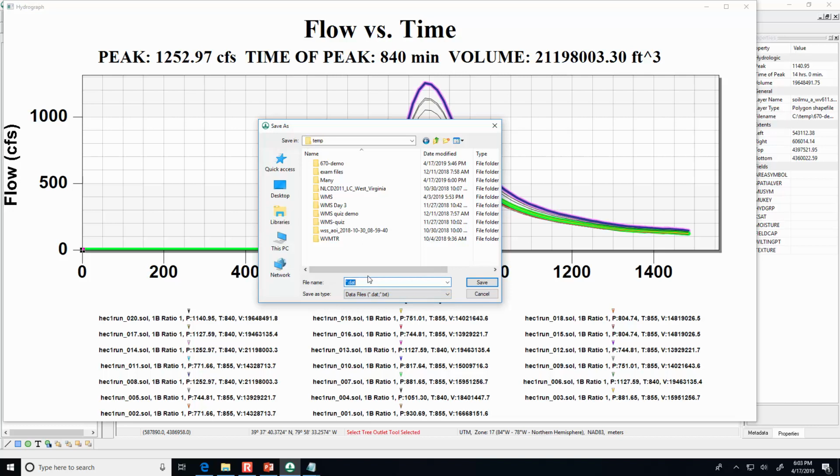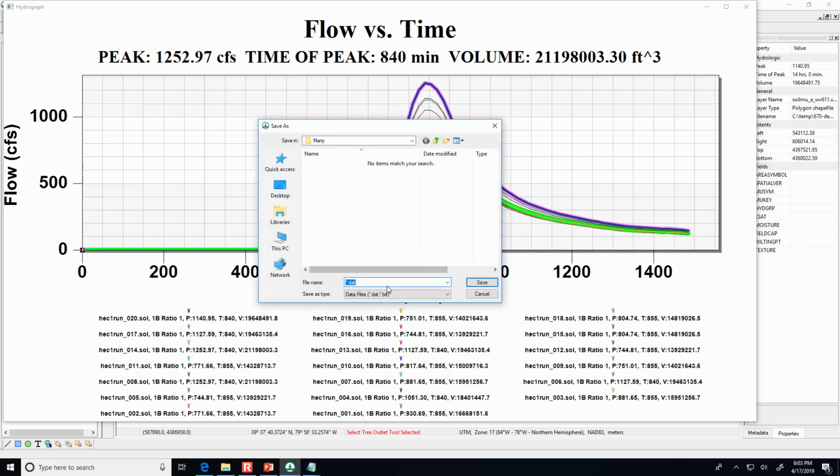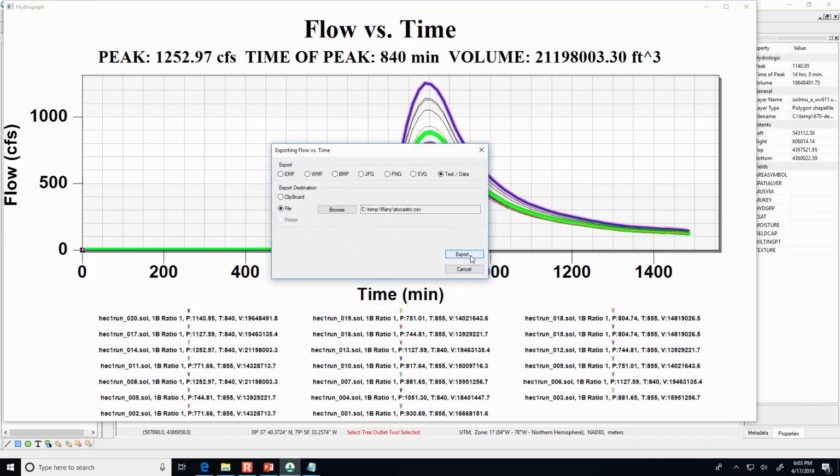I don't want to print. Text/data, file, browse, and then call it like stochastic.txt. No, actually .csv, because then that will automatically tell Microsoft Excel to open it. Okay.